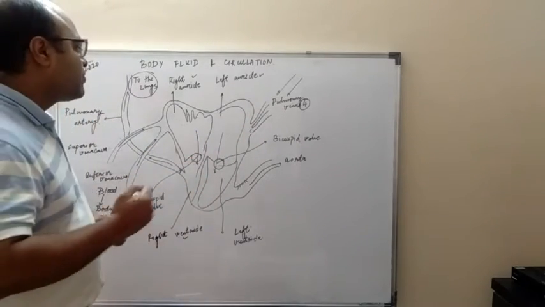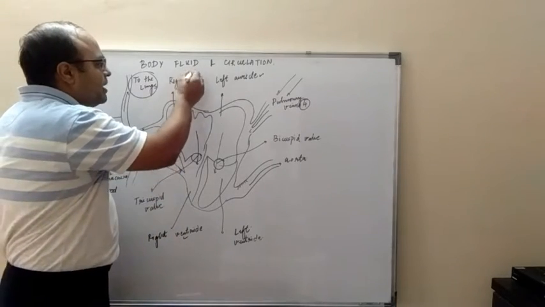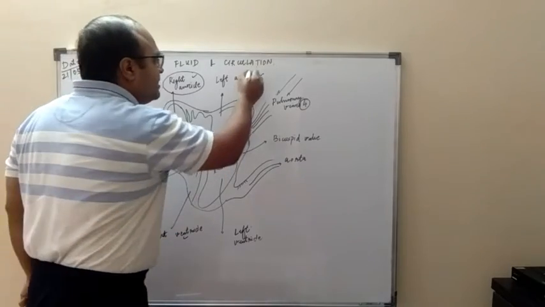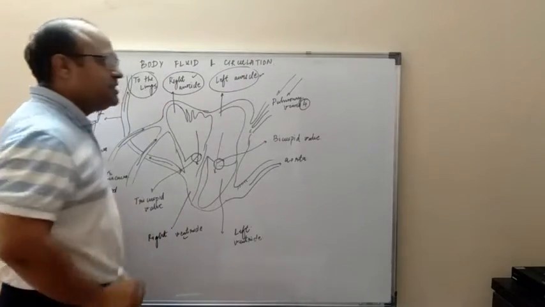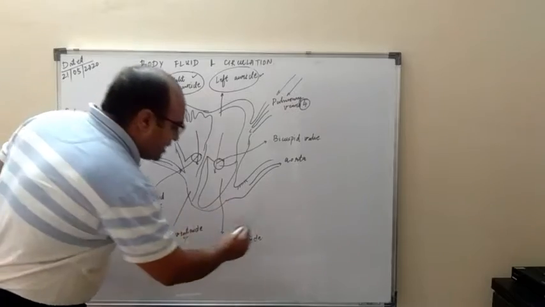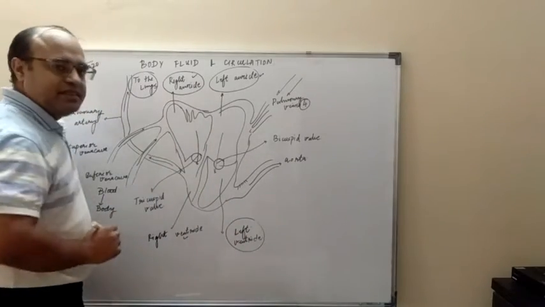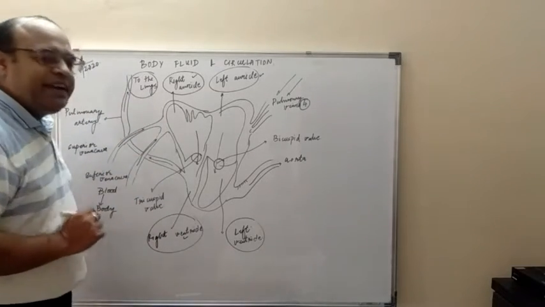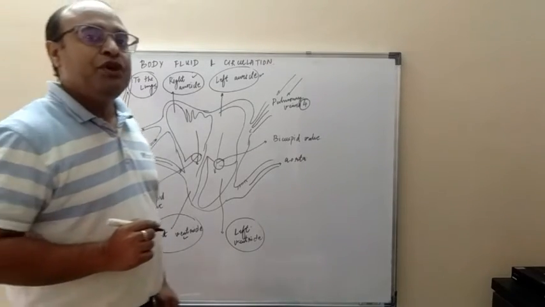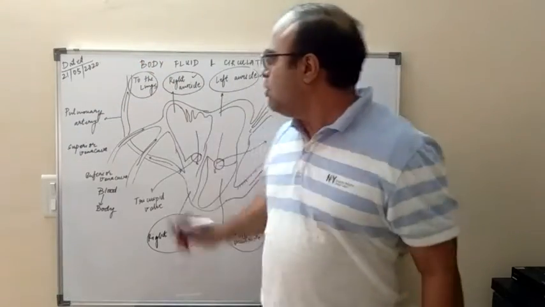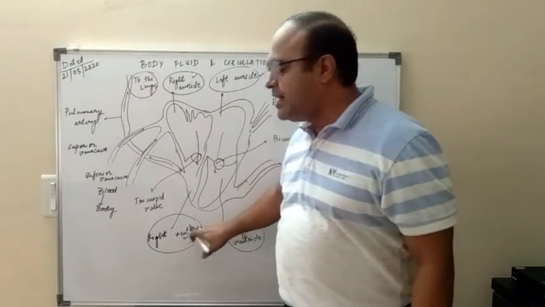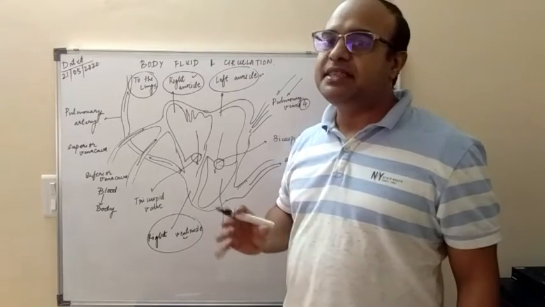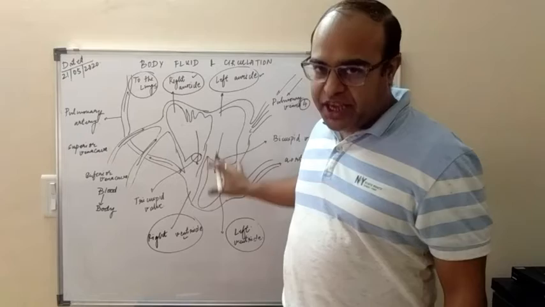First of all we have the right auricle, the first chamber of the mammalian heart, then the left auricle, which is the second chamber, then comes the left ventricle, which is the third chamber of the heart, and then finally comes the right ventricle, which is the fourth chamber of the heart. So you can see that there are four chambers in a human mammalian heart. In humans and rabbits you have four chambers.